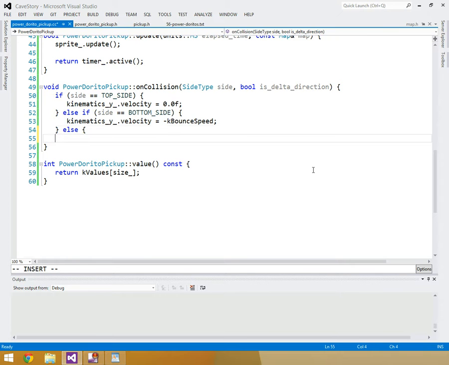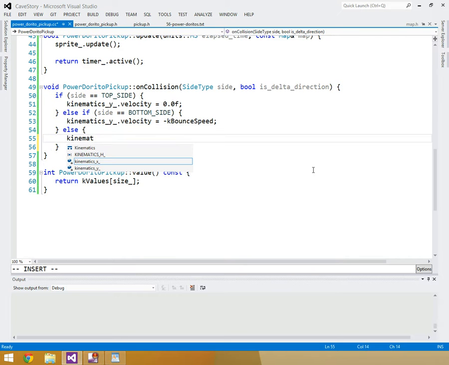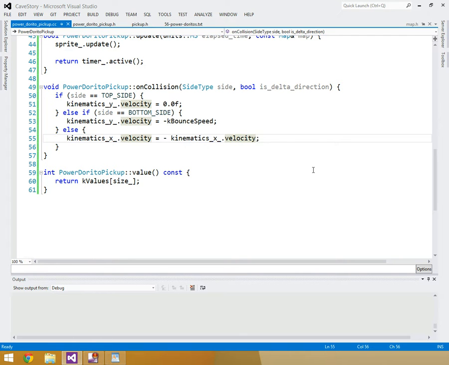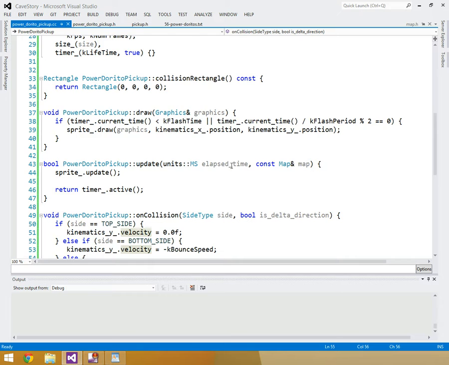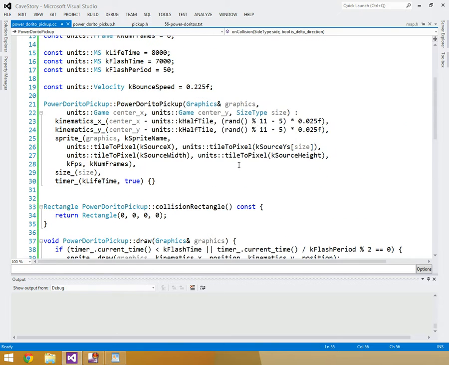Otherwise, we hit the left side or the right side, so we just want to reverse directions in the x. So kinematics x dot velocity equals negative kinematics x dot velocity. So now we have implemented